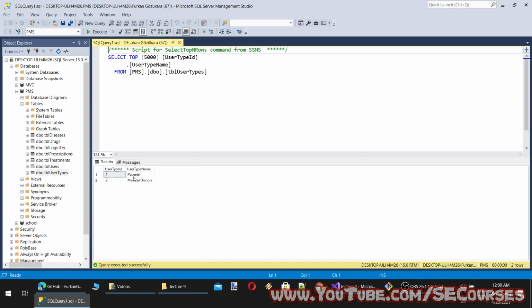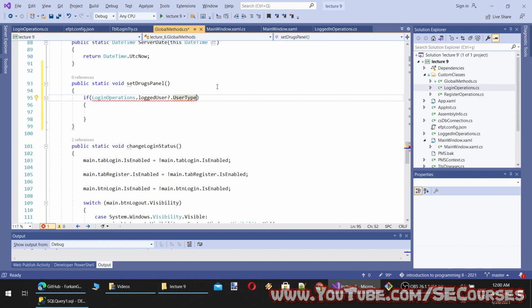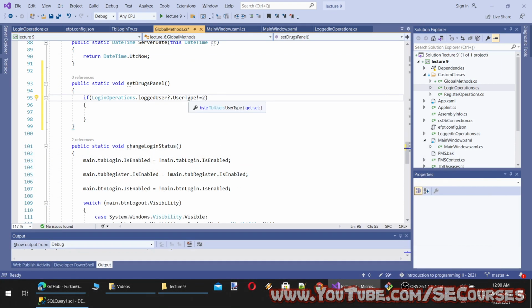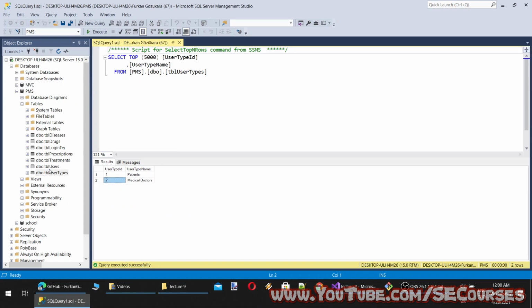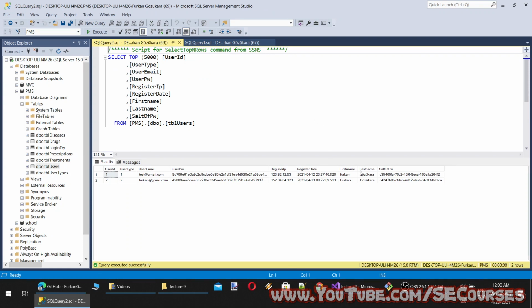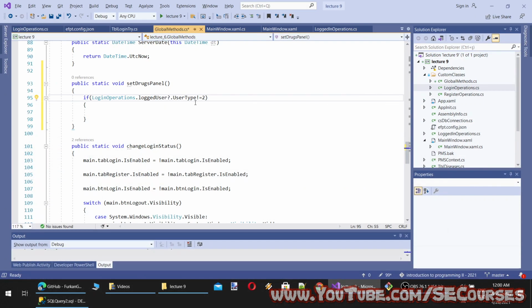We have user type ID and user type name, right? So if it is not equal to medical doctor, which is two, because this is ID matching, if I remember correctly. User type is here. Yes, as you see, it is ID matching.